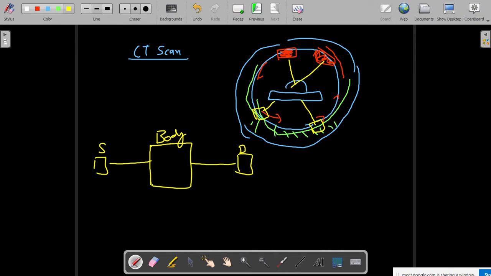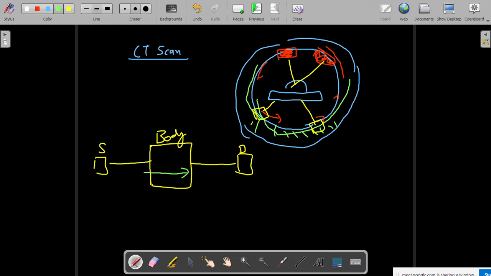Whatever is in the body, the X-ray passes through it and everything gets superimposed.